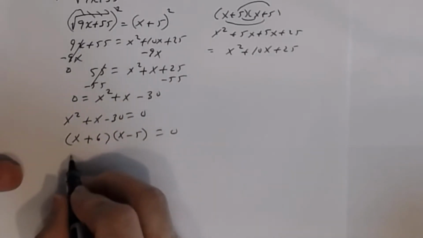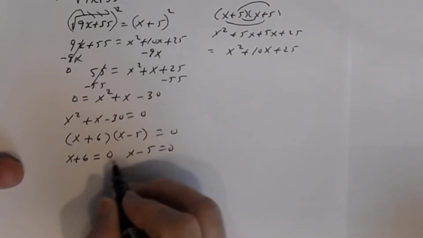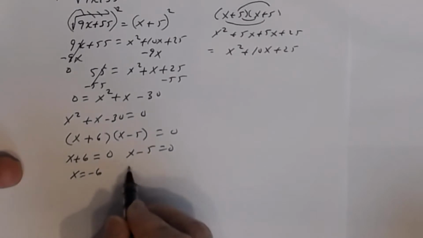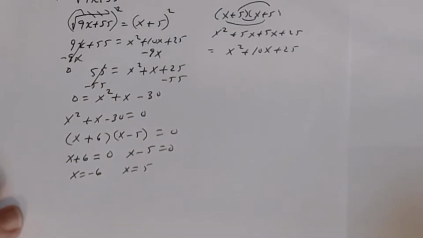And now you set each factor equal to 0, just like this. And so you have two linear equations now, so you get x to be negative 6 and x to be 5. Okay? All right, now be careful. You remember,